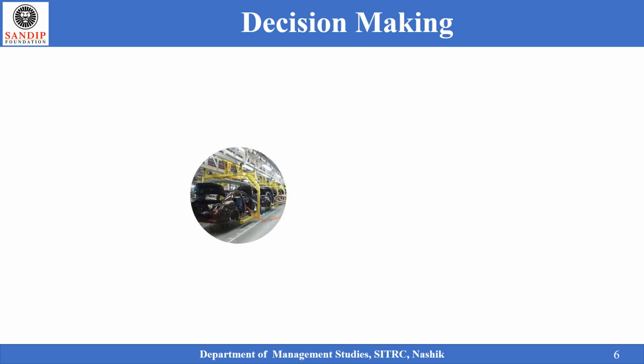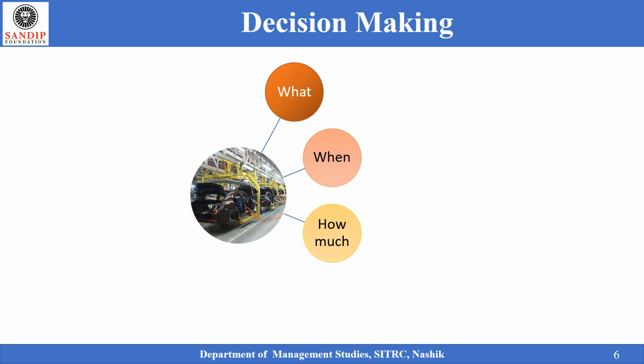So decision making is related to manufacturing, because how much is needed in the market. The decisions would be what to produce, decisions regarding when to produce, decisions regarding how much to produce, and decisions regarding for whom to produce. Because marketing is not a function in isolation, everything is based on what happens in the market. So if the customer wants a product, what product does he want, when does he want it, how much does he want it, all these